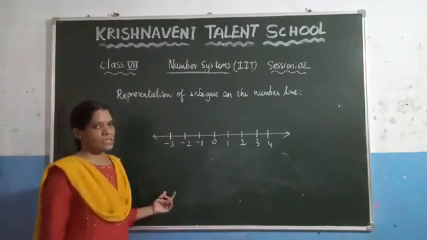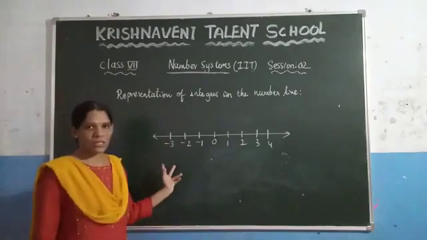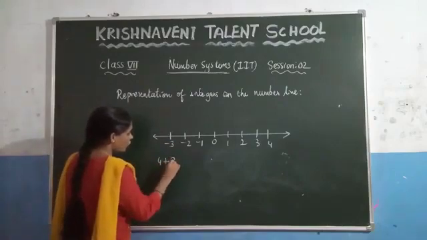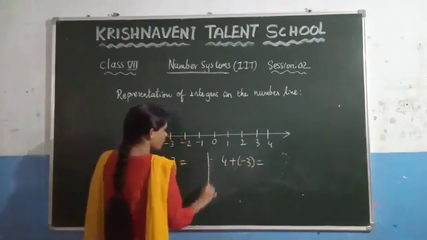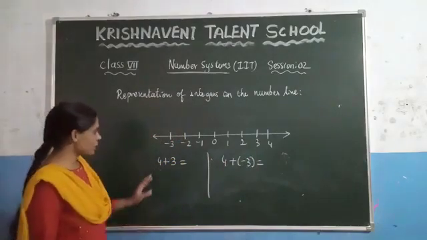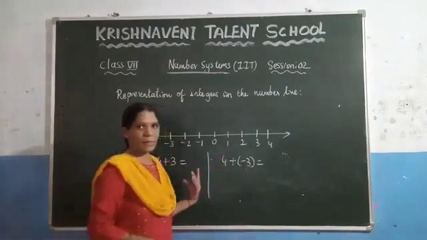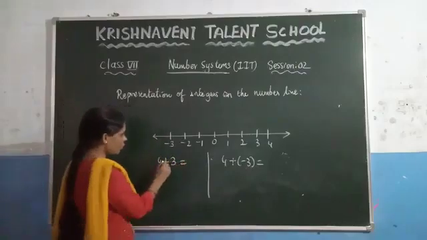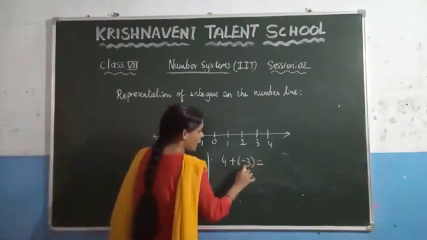Now if you add two integers, in which direction do we go on the number line? If you subtract two integers, how do you move on the number line? Let us see by taking a few examples. Let us consider 4 plus 3 and 4 plus -3. Here we took two integers, 4 and 3. In one we added the positive integer, and in the other we added the negative integer. Same numbers, but in one the positive number is added and in the other the negative number is added.